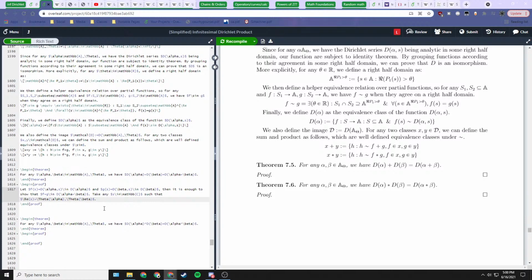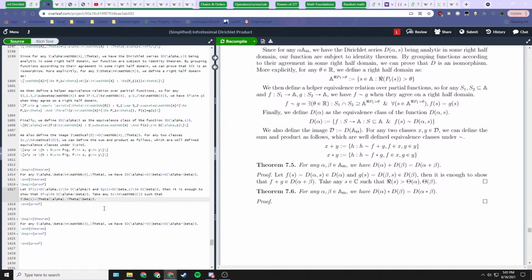Okay, so we'll do that. Actually, maybe we do a lemma. No, actually we don't. This is fine. Take any alpha in this such that s is greater than, yes, okay. Then we have,